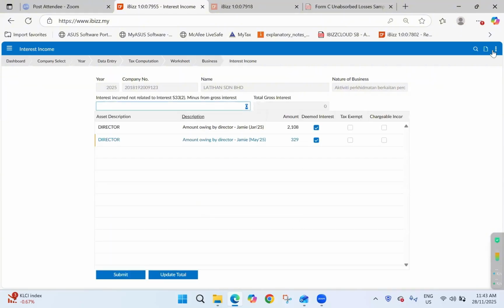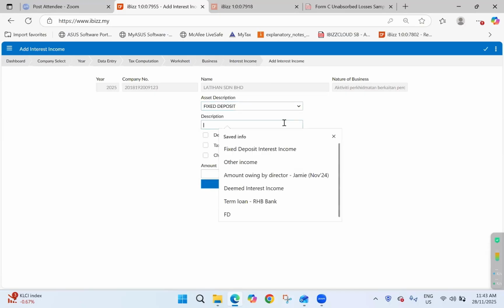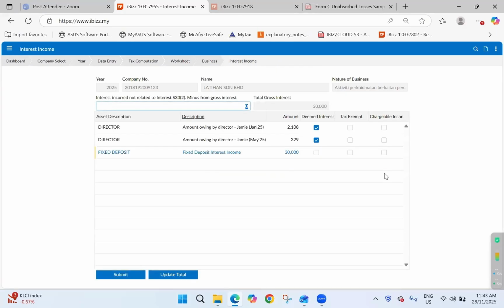For other interest income, we will also key in here. For example, FD interest income. We will key in here and then put in the figure. After you have completed these two entries, what I would like to show you is when you